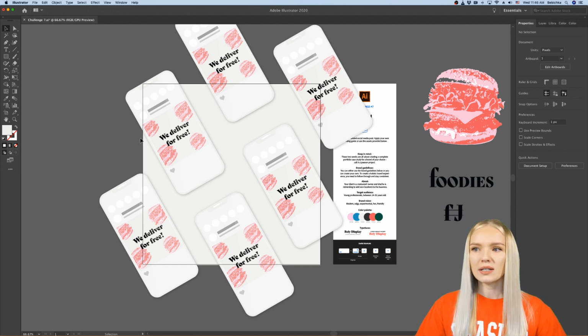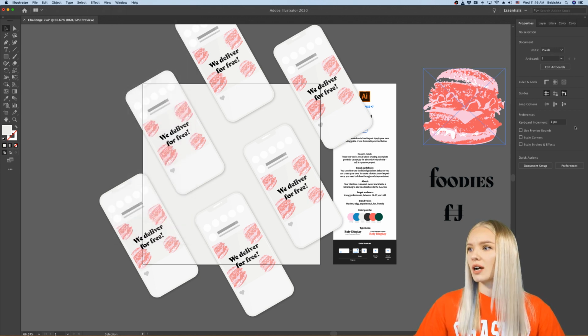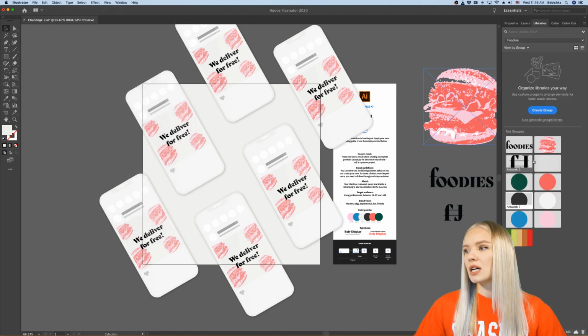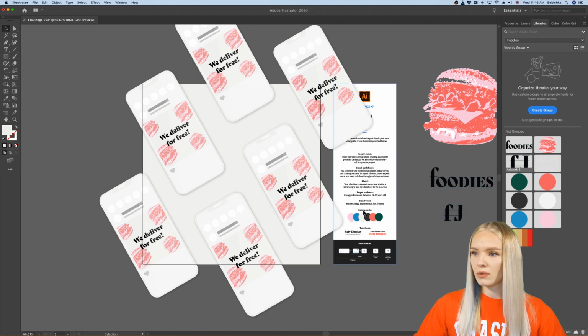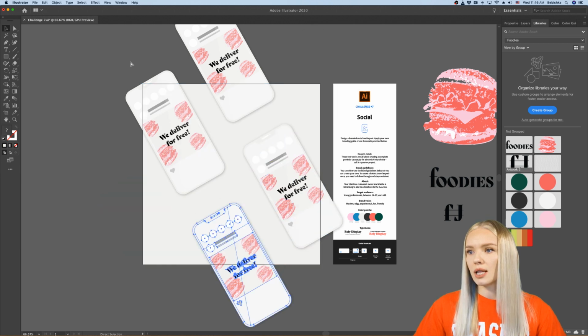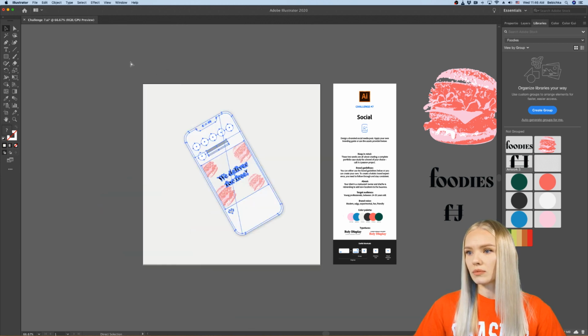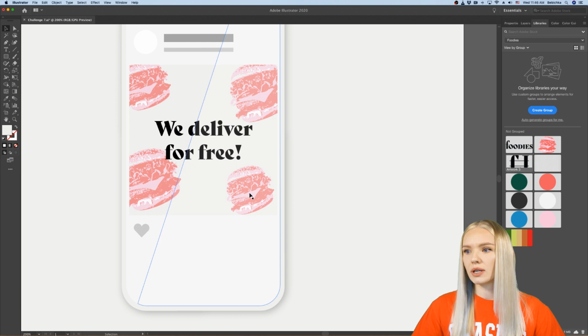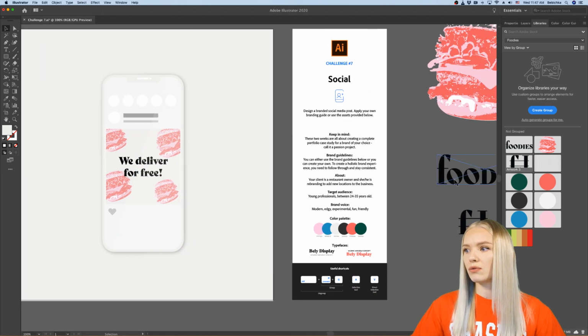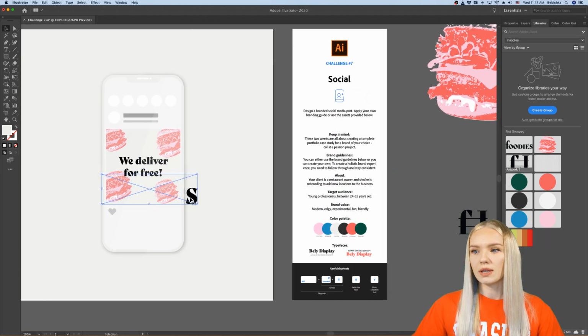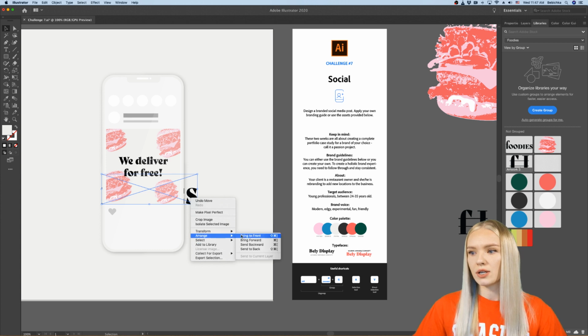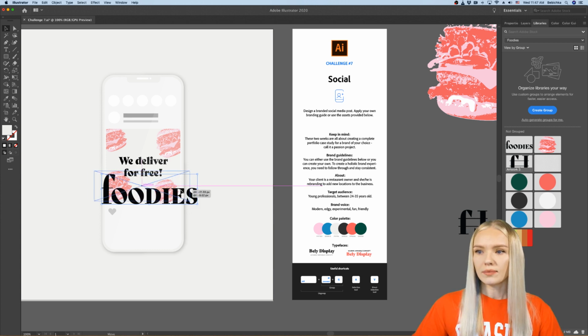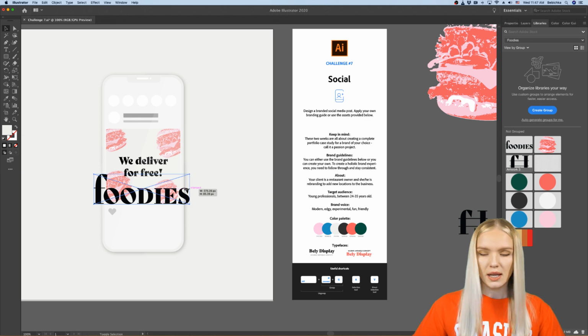All right, guys. So this is how you basically work with your assets that we have in the library, right? So you just pull them in and work with them. You can also, what I actually have forgotten to do is, let me do this real quick. You can also place your logo in here. So let's say my logo Foodies here is right there. I'm going to place this, arrange, bring to front, and I'm going to make it a little more subtle.